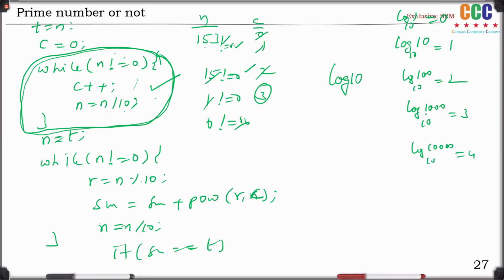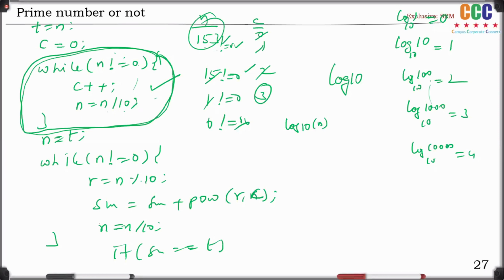With this understanding, how can I get the digits of 153? 153 is in between 100 and 1000. Therefore, apply log10 of n. What is log 153 approximately?